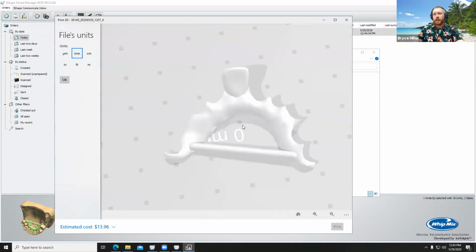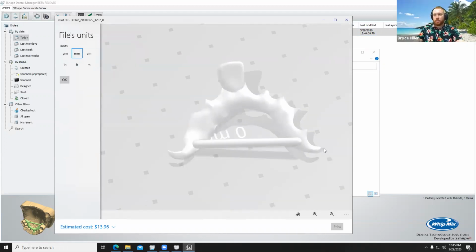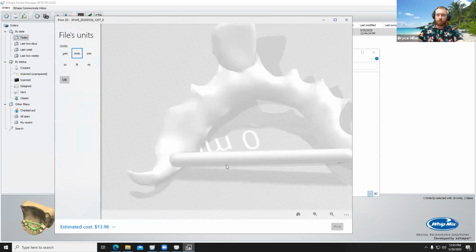So if you wanted to add a wire clasp, you could just basically grind out a channel here with your handpiece, bend your clasp, and then refill it with your resin. You want to use the same resin, obviously. But if you're going to do that, the way I would do it, just to be safe, when you're backfilling with resin, I would do a little bit at a time. So I would add a little bit on top of the clasp,